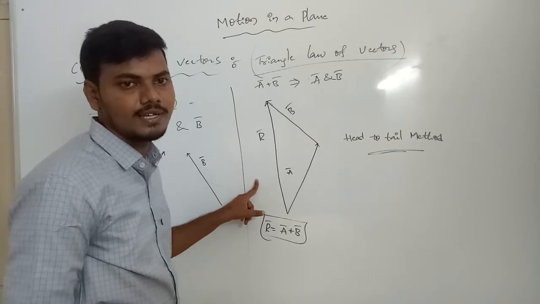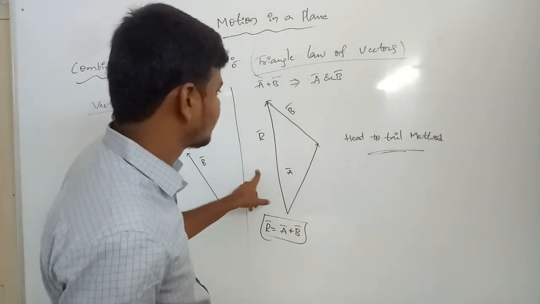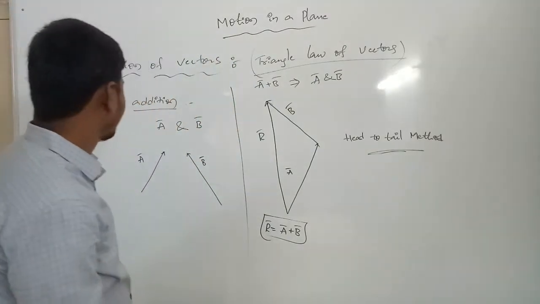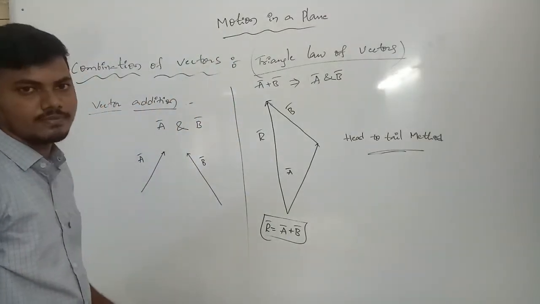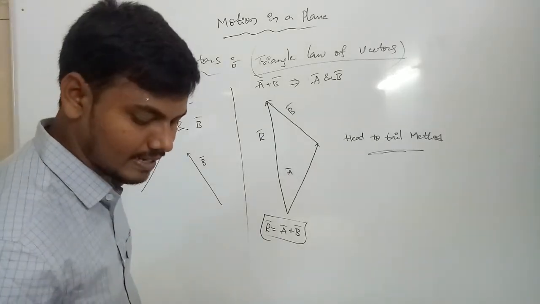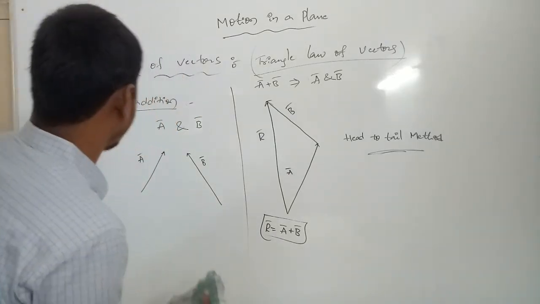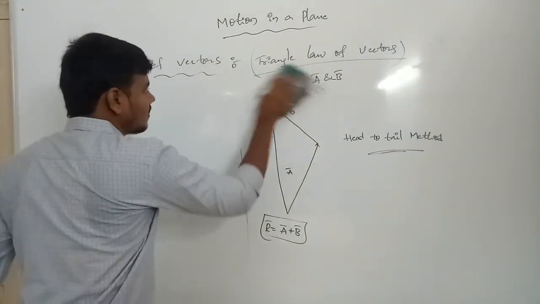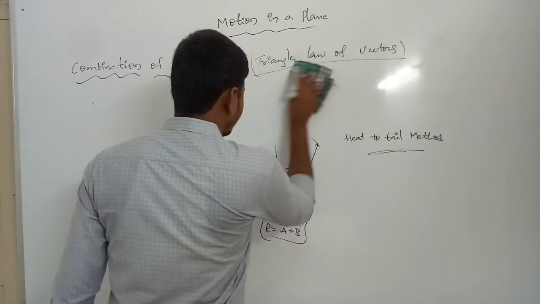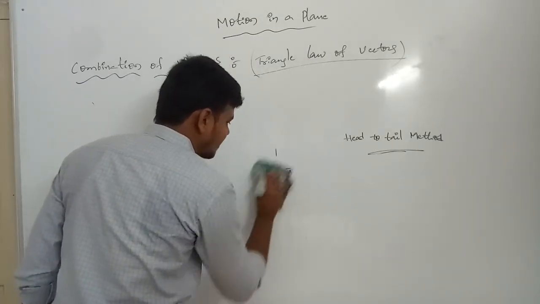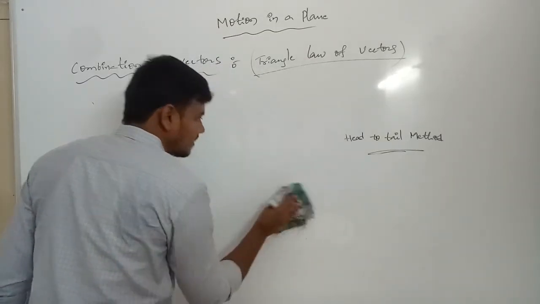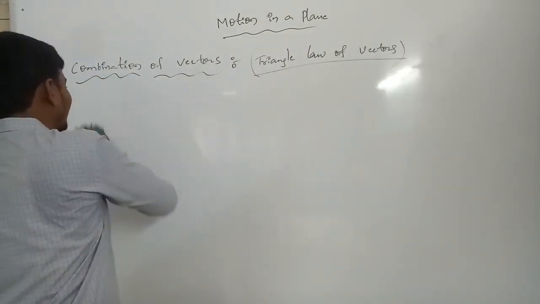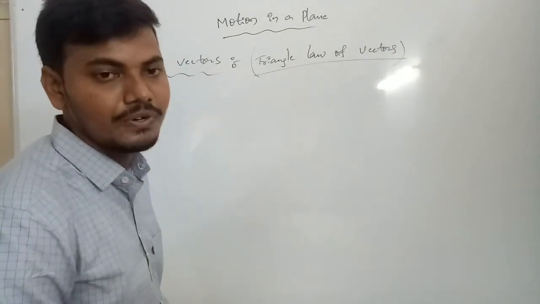R bar means we are taken diagonal. The diagonal purpose we can introduce in head to tail. Now R bar is equals to A bar plus B bar. This is the vector addition, the first one. Clear? Now second one, vector subtraction or subtraction of vector. The same, the triangle of vectors. The vectors which is always two-dimensional property, the diagonal facing is always resultant one. Okay, this one we can introduce into the again name head to tail method. Which method? Head to tail method.